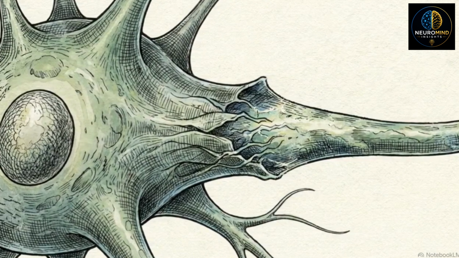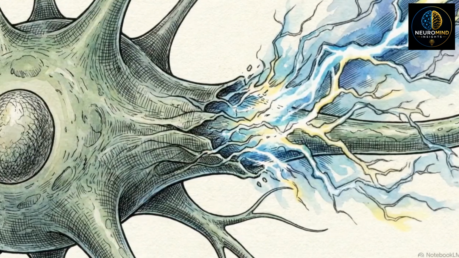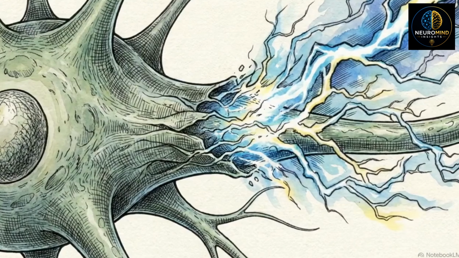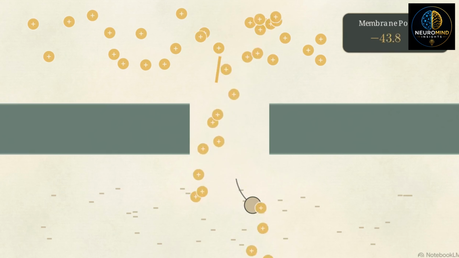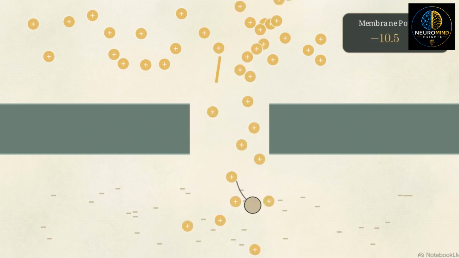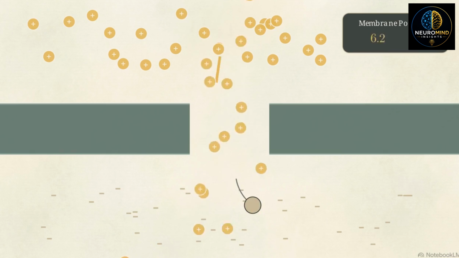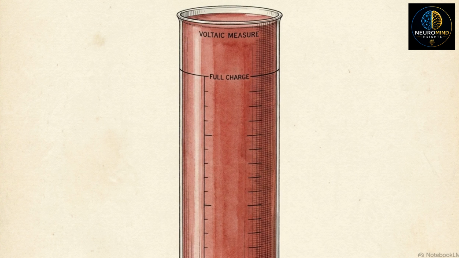Once the internal voltage reaches exactly -55 millivolts at the axon hillock, the analog computation terminates. The system goes digital. This switch relies on the voltage-gated sodium channel. Hitting exactly -55 millivolts forces a mechanical change in the protein, instantly snapping open its outer activation gate. Driven by their gradient and the internal negative charge, sodium ions rush into the cell en masse. As positive sodium floods the interior, the internal voltage flips rapidly from a negative state to a heavily positive state.